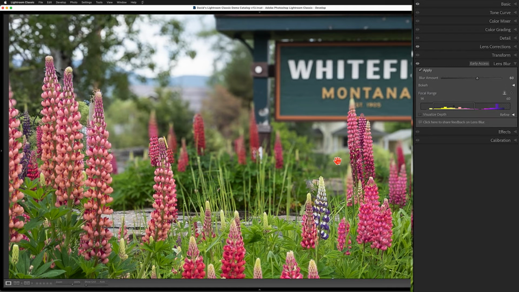tool. If I click on the disclosure triangle here beside the word refine, then another section of this panel will appear. Here, we can use a brush tool to paint over additional areas where we want to add or remove the simulated lens blur. In this case, I want to remove some of the blur, so I'm going to tap